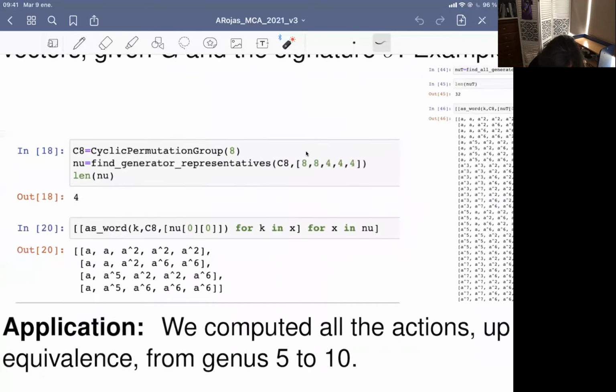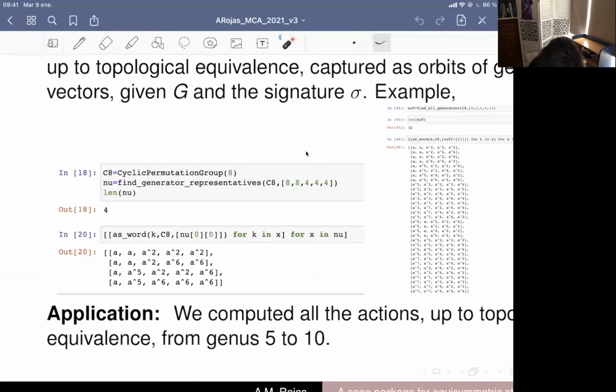But we have this braid action, which is a little bit more tricky. But then we have this program. So you ask for representatives for these 32 actions, and it says that you have 4. So all these 32 group in such a way that you have just 4 different strata